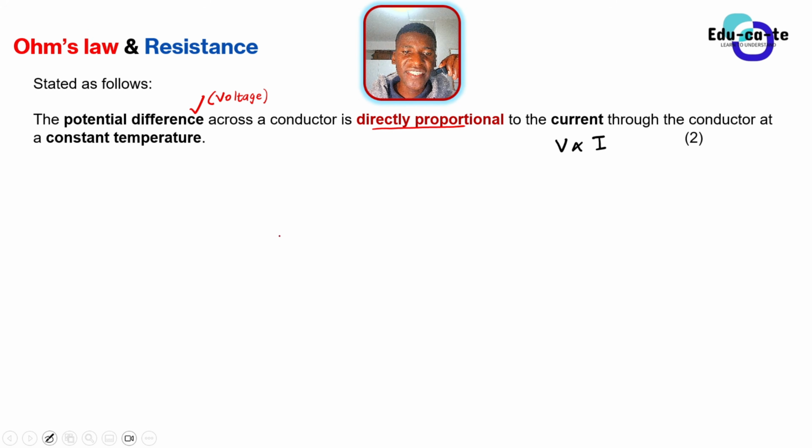Now let us question this. What does it mean when you say that the voltage and the current are directly proportional? This means that when the voltage increases, the current will also increase. The word directly proportional suggests that when you increase the voltage, the current is also going to increase. So when you hear that the voltage has been increased, then the current also will have been increased as